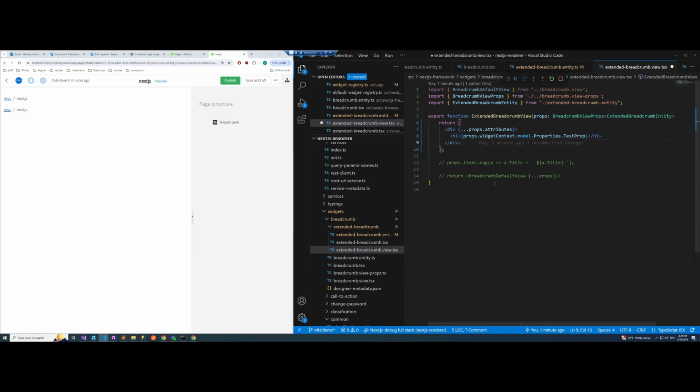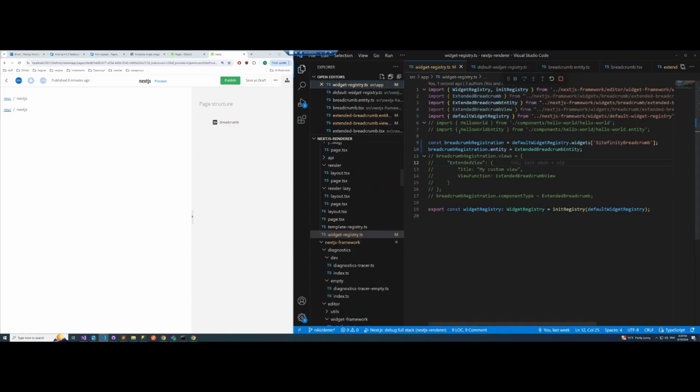After we have created our custom view, we again have to register it in the widget registry. The process is very similar to what we have done with the entity. So in our widget registry, we have a property called views. This holds all the views for the widget. And here I define my custom view, which is called extended view. I pass some human readable title to it. And here we have a view function property, which will point to the view that I have just created, extended breadcrumb view. And if I save this and